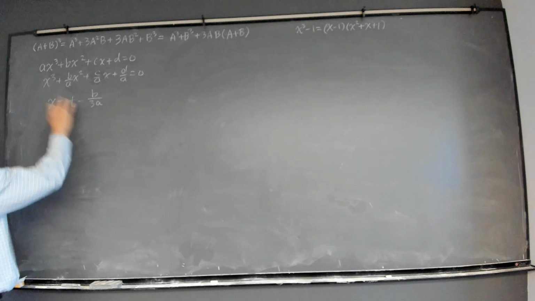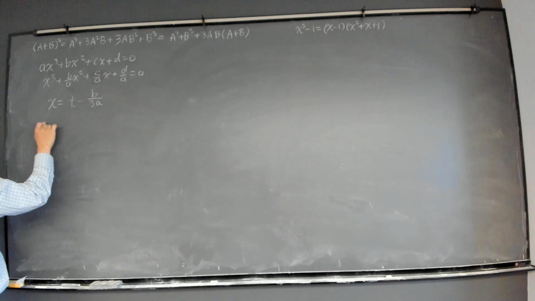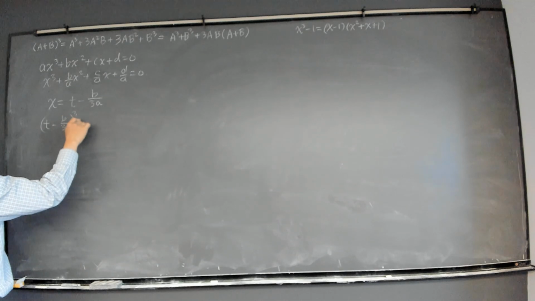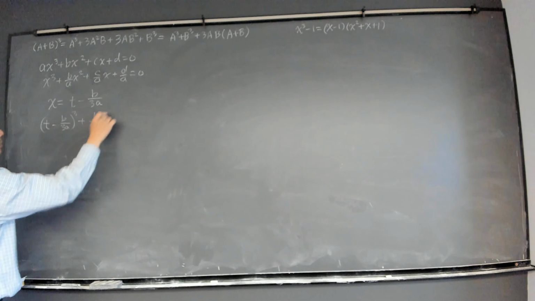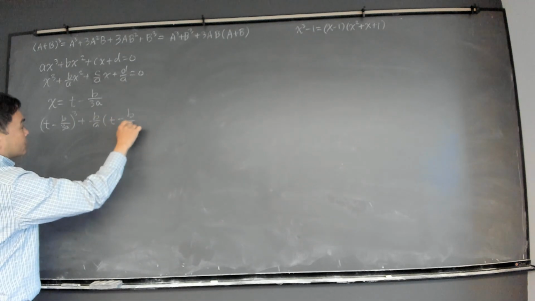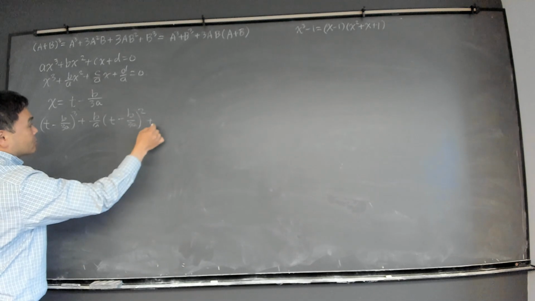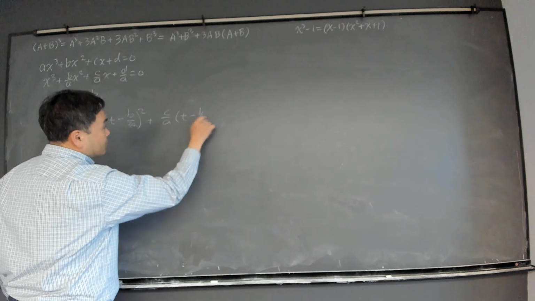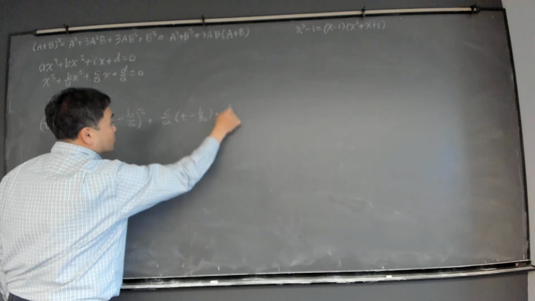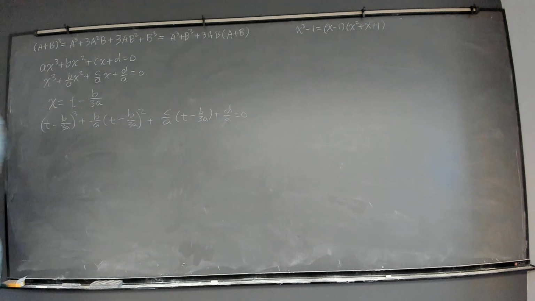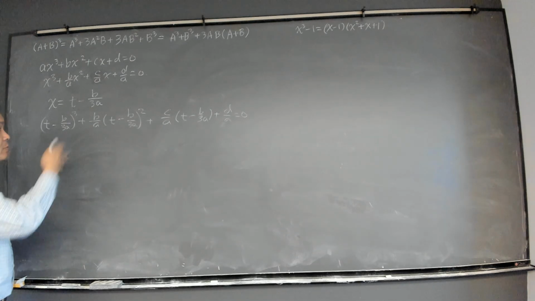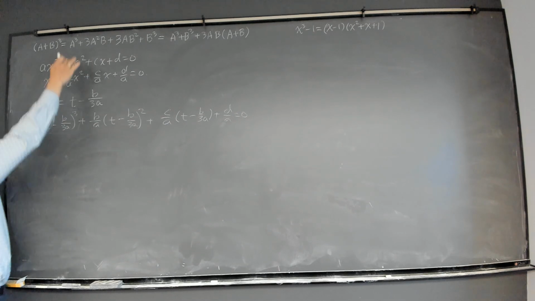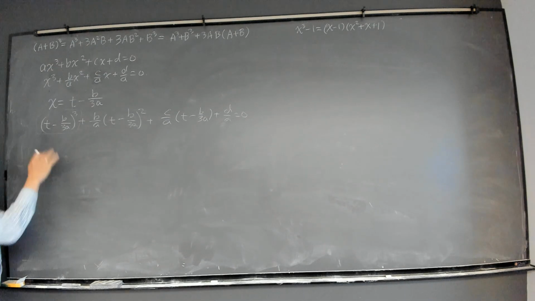All right, so if you plug this in here, you get t minus b over 3a cubed plus b over a times t minus b over 3a squared plus c over a times t minus b over 3a plus d over a. And I don't want to spend time expanding everything. I just want you to see that if you use the usual formula for expanding a cubic,